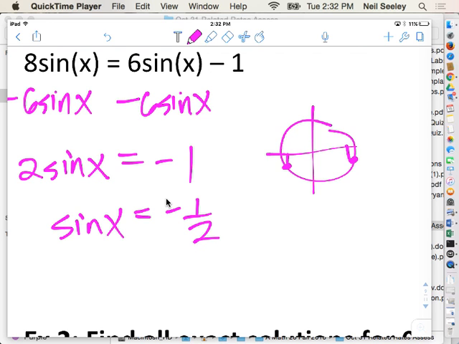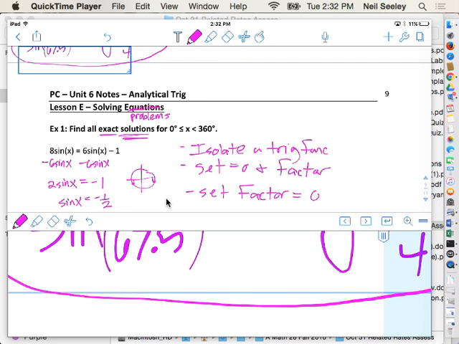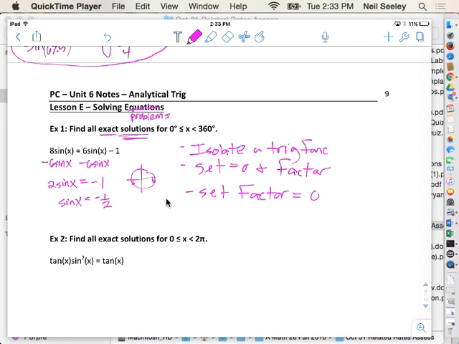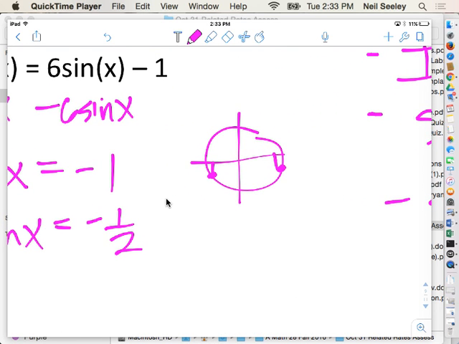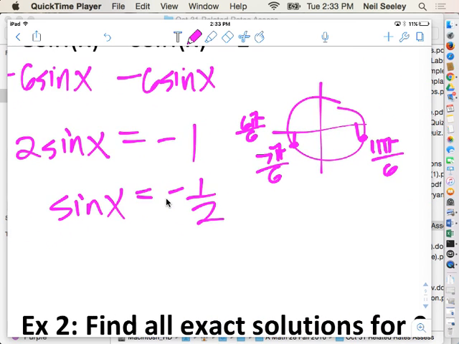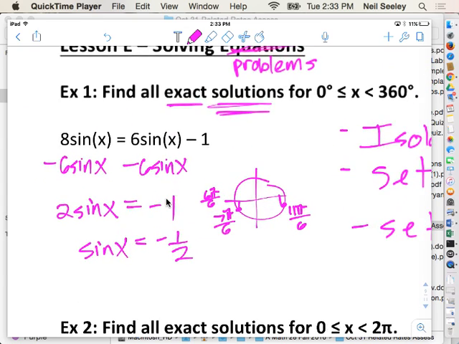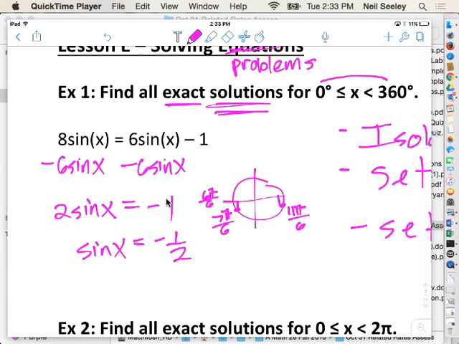So you have to remember 6 pi over 6. Yeah, I know. Sorry, I'm going to make that go away. Go away. There we go. This is 6 pi over 6 at pi. So this is 7 pi over 6. And then 2 pi is like 12 pi over 6, so this is 11 pi over 6. So those end up being our two solutions, and it says exact solutions 0 to 360, so it actually wants